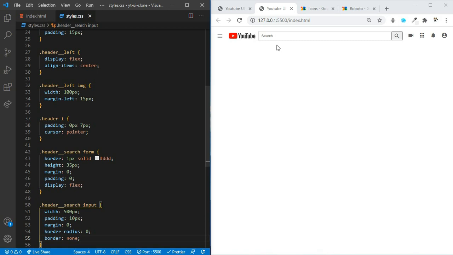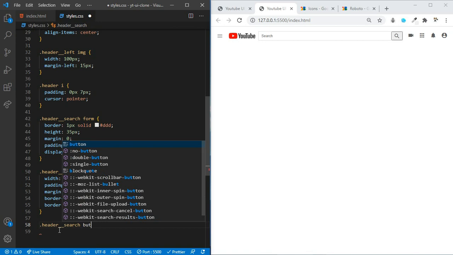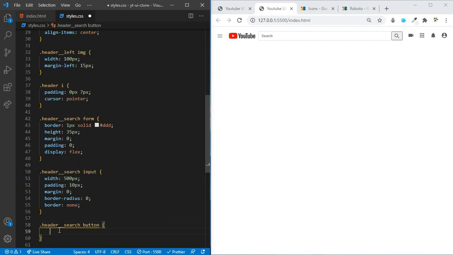Let's save. Okay, now let's target the button that is present inside the header search. Let's set the padding to 0 and margin also to 0.